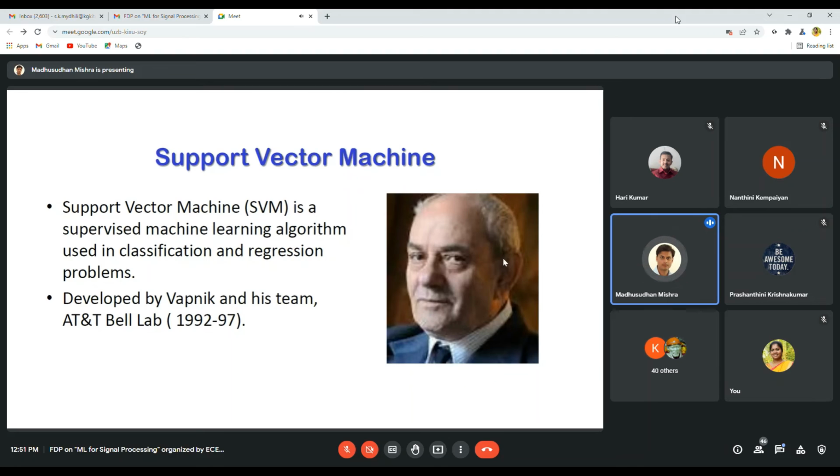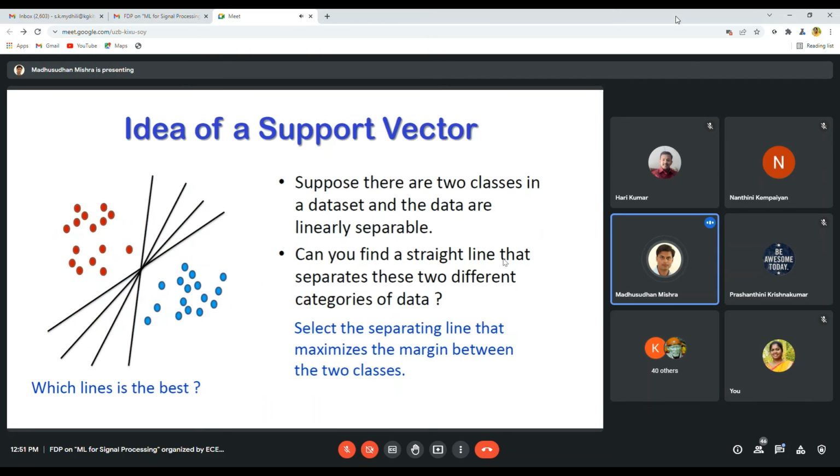It was developed by Vapnik and his team at Bell Labs between 1992 and 1997. Support vector machine is a very popular machine learning classifier used for data classification. The idea of support vector machines is that suppose there are two classes in a data set and the